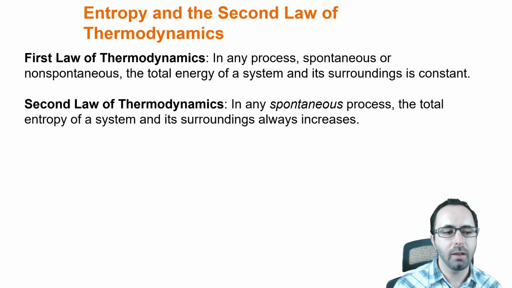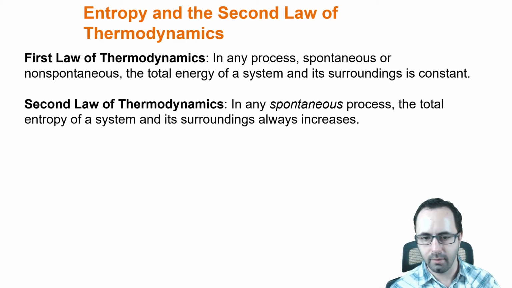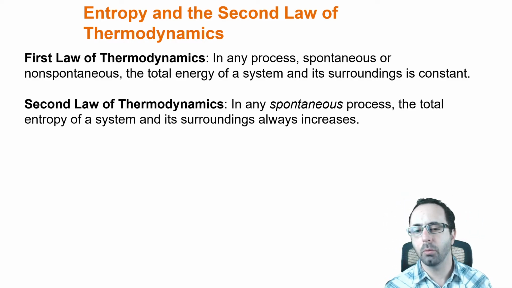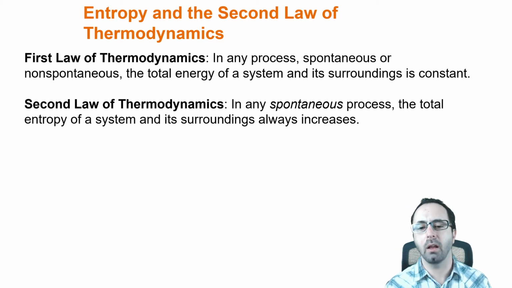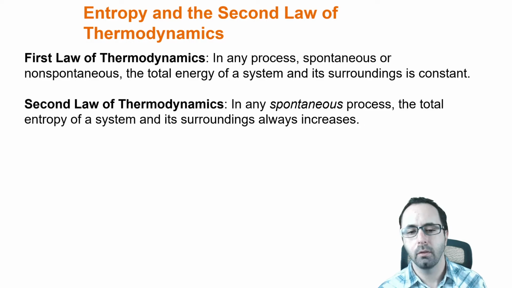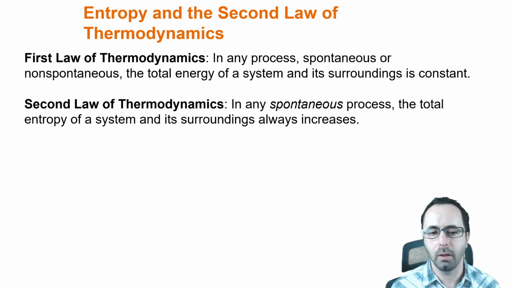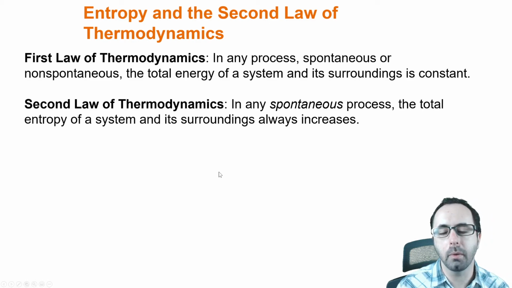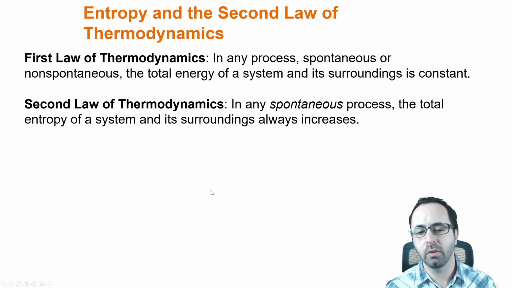There can be pockets of entropy decreasing, like, for example, your body is low in entropy. It's very organized in a certain way. But in order to make that happen, entropy of other things must be increasing. So in your body, for example, you're always metabolizing your food and then breathing out gases, water and carbon dioxide. So entropy is increasing around you to preserve the low entropy of your body. And finally, the third law of thermodynamics was the definition of zero entropy. Perfect crystalline solid, perfectly ordered at 0 Kelvin.